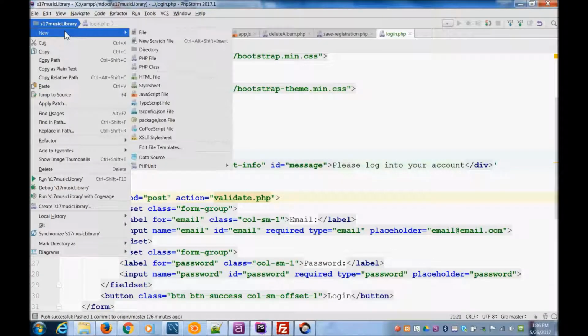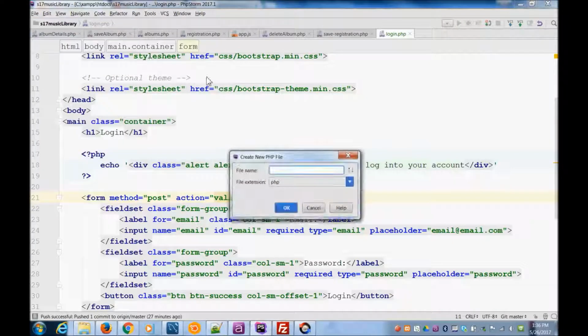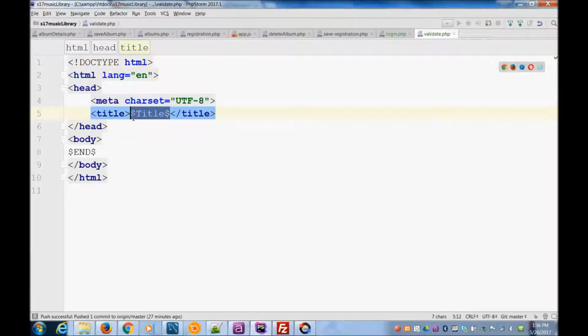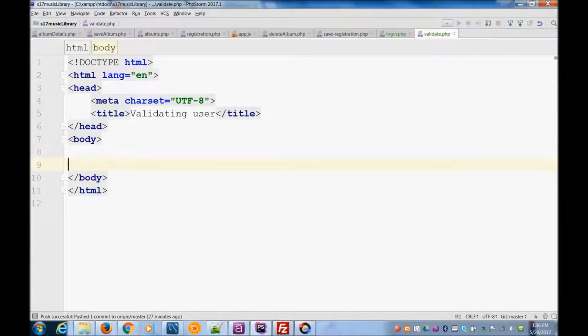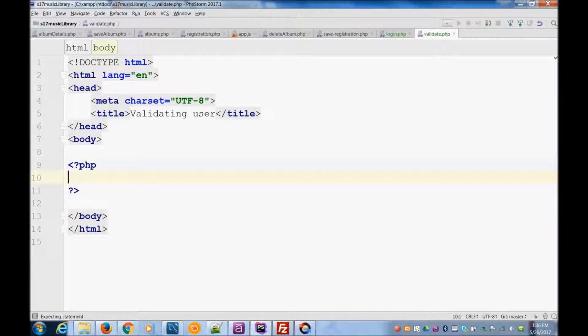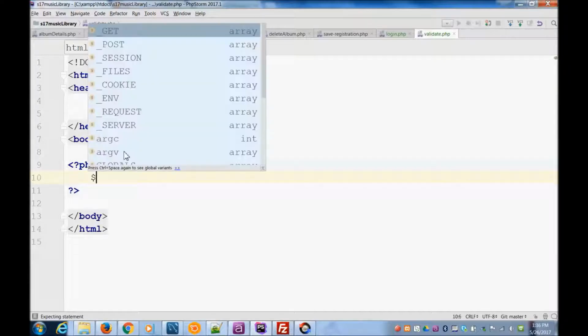So we'll add in a new PHP file and call it validate. The user actually will never really see this screen. It happens so fast. So we don't need any styling or anything on it. So it's going to be all done basically in code. So we got our email,